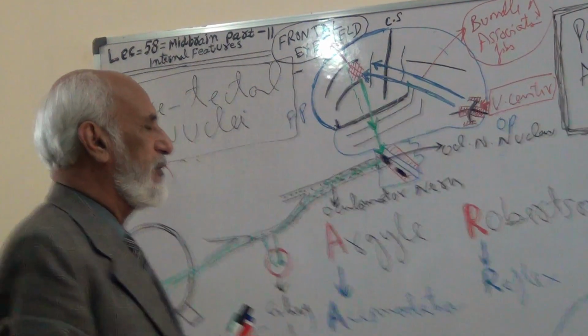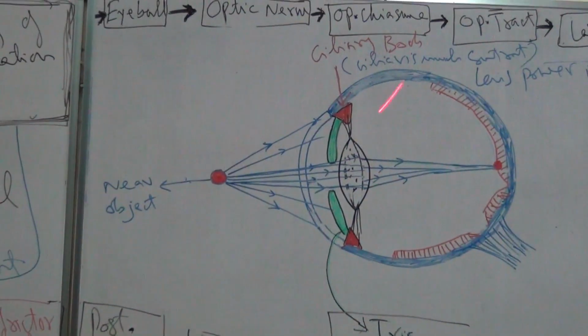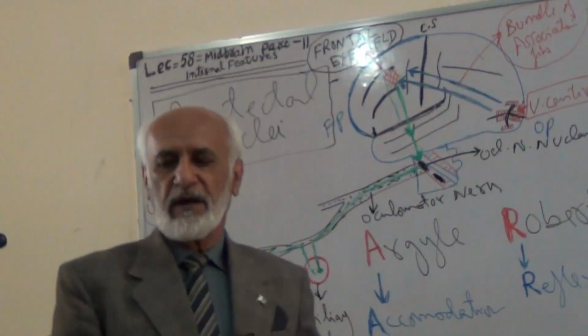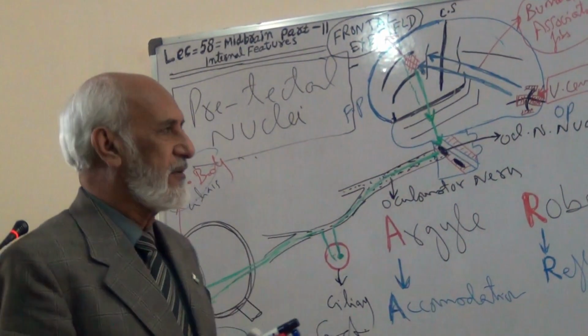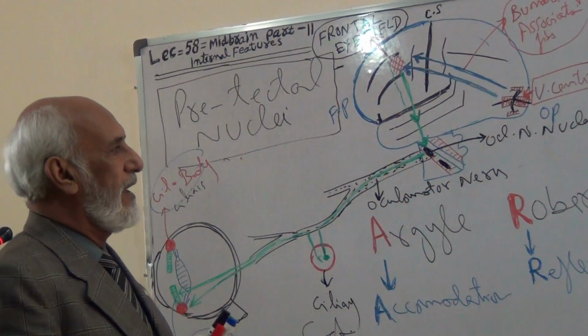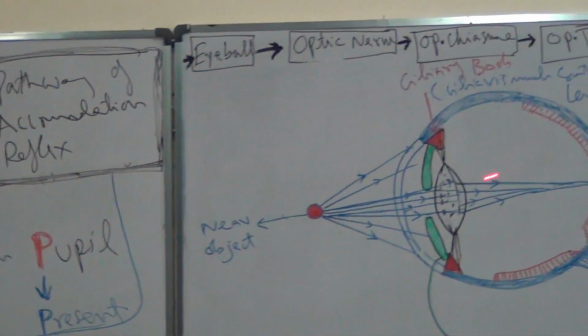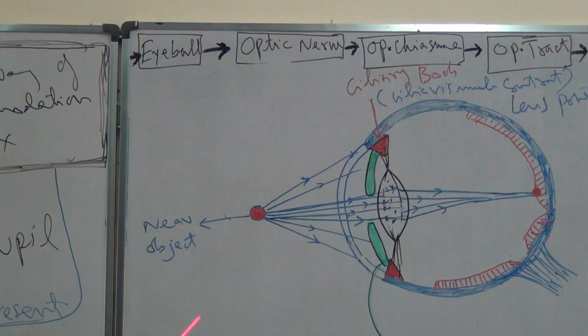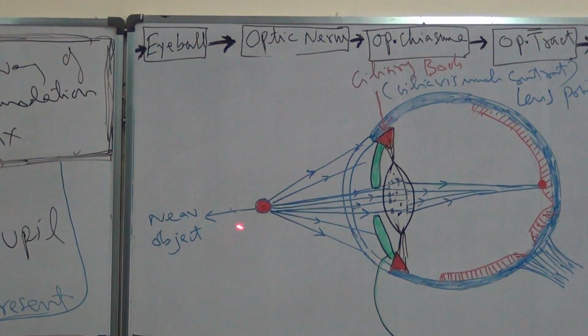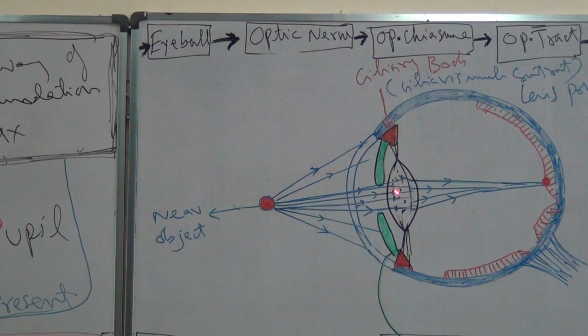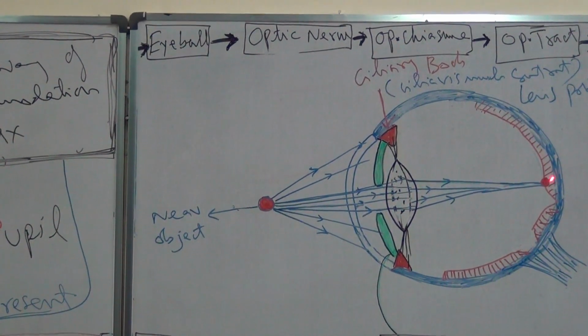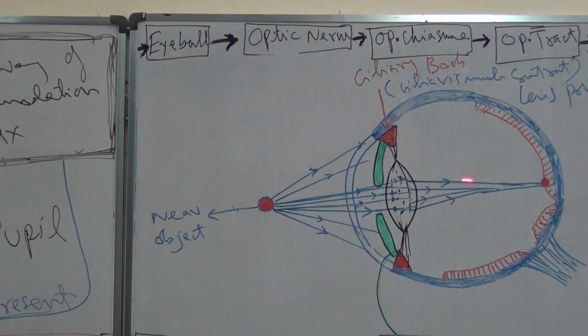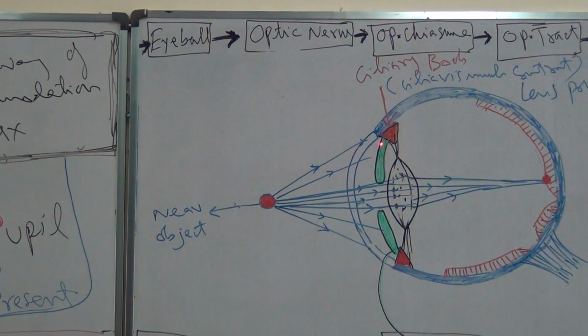This is why in the accommodation reflex, the ciliaris muscle contracts and it relaxes the lens, and the lens biconvexity is increased. And similarly, to have a clear image of the near object, the peripheral rays coming from the near object should not be allowed to enter. Only central rays have to be passed so that you have a clear inverted image on the retina. This is the accommodation pathway.